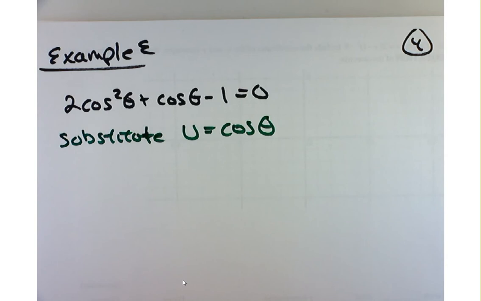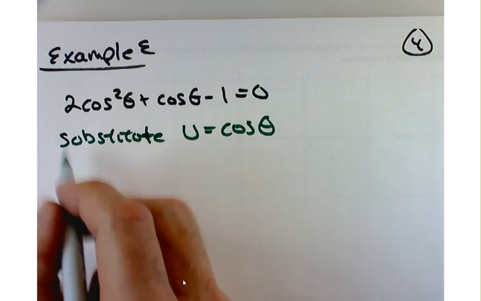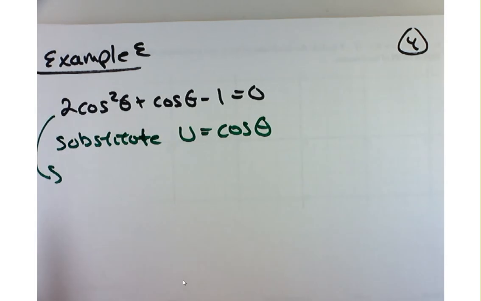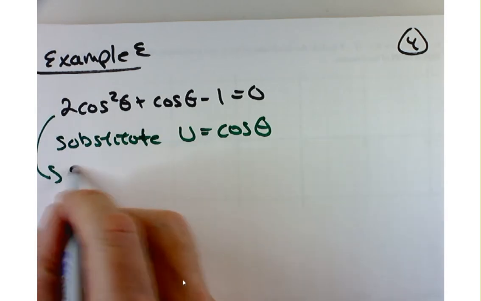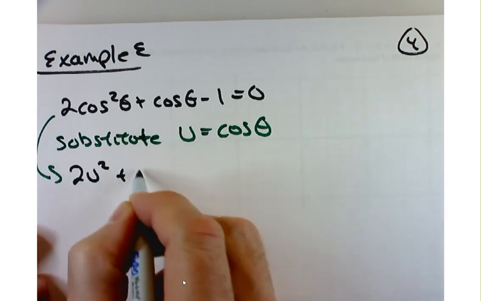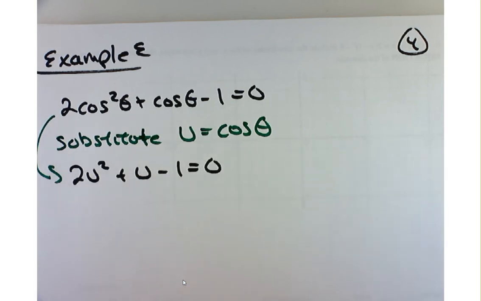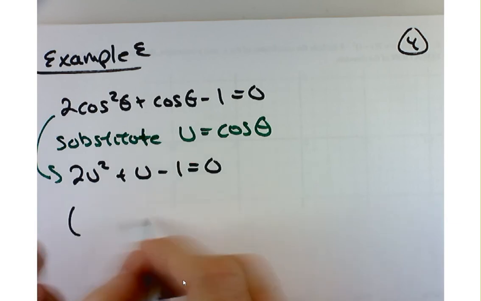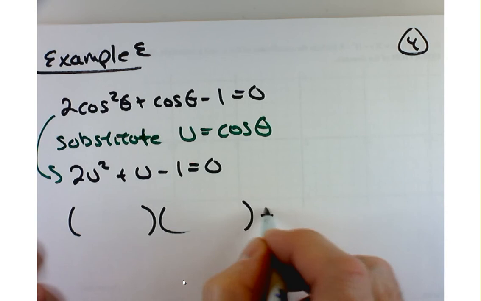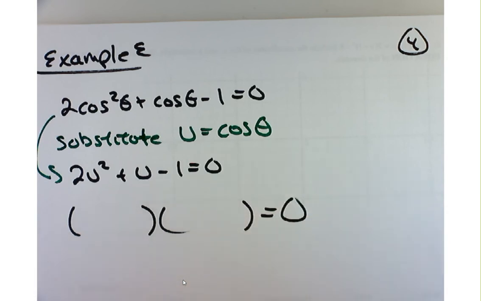And what's that going to give for us? Well, it's going to change this equation into 2u squared plus u minus 1 equals 0. This is just a temporary little trick so that we can concentrate and figure out how this is going to factor. Now, factorizations of this sort aren't people's forte, usually speaking. But this one's not too bad